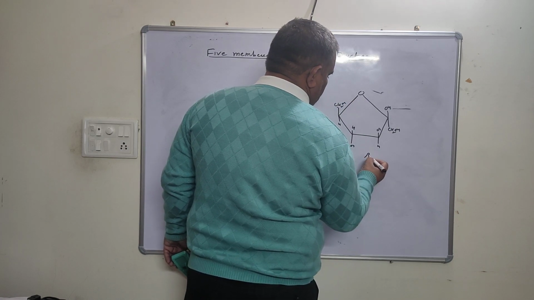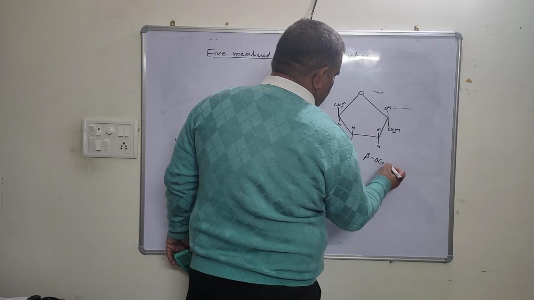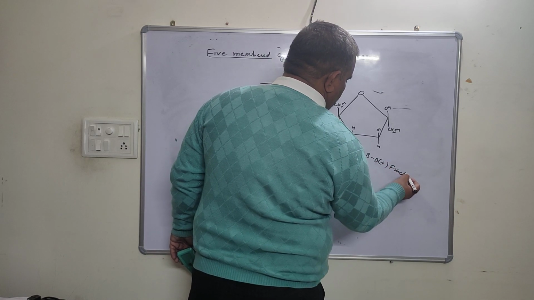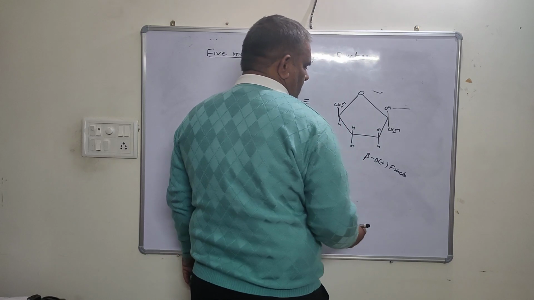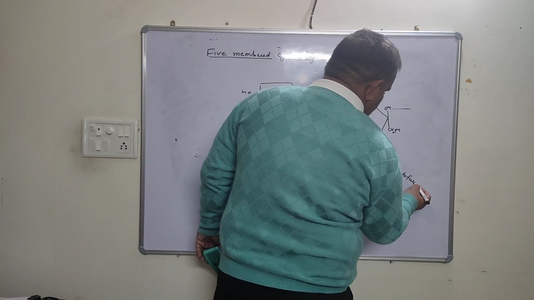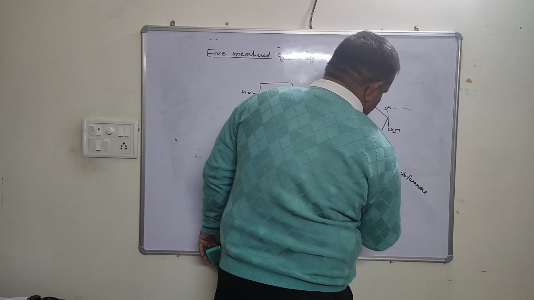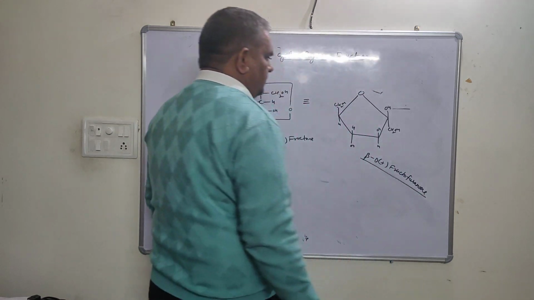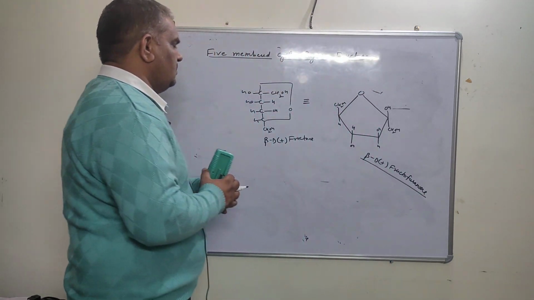This is beta D fructofuranose. This is the Haworth projection formula of beta D fructose।